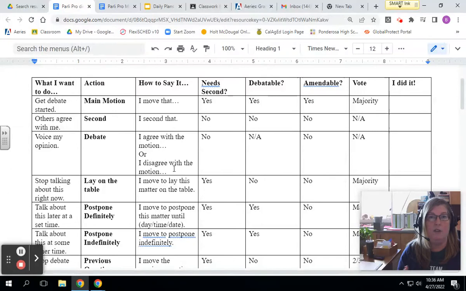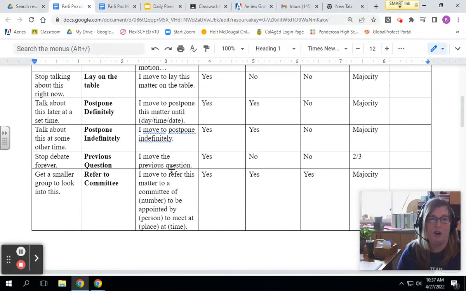All right, so you can continue like that for a while, and I'll show you a script in just a second. But you also have all of these ways in our chart here to stop talking. Now, you don't have to do these. You could just run out of debates. When in a real room, when you run out of debates and no one else has anything else to say, the president would probably say, is there any further debate? And seeing none, we'll proceed to vote. All in favor of the main motion, that we have ice cream in class every Friday, say aye. All opposed, you're against it,